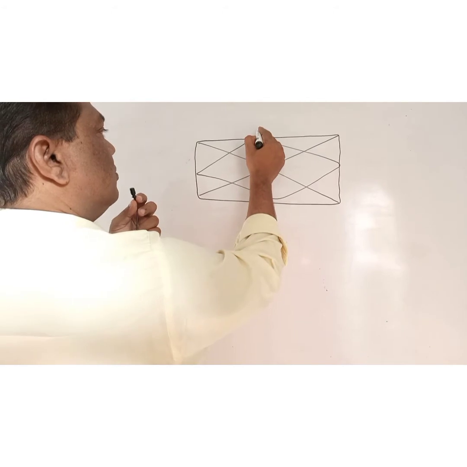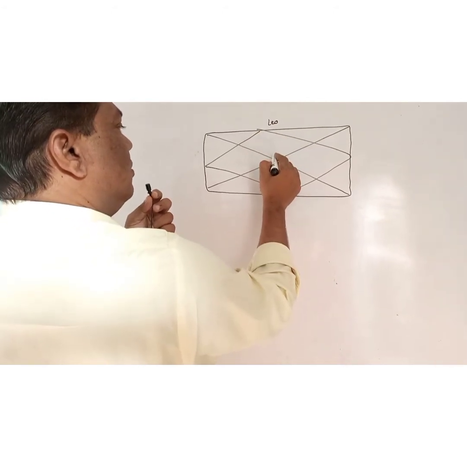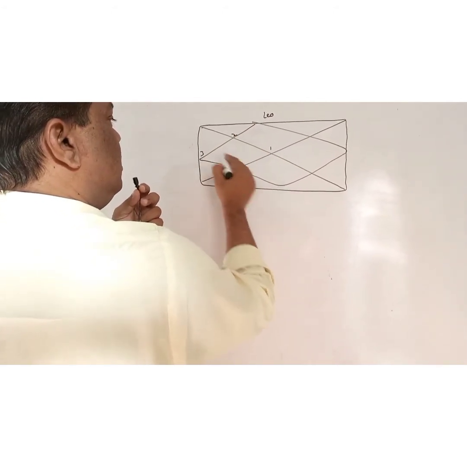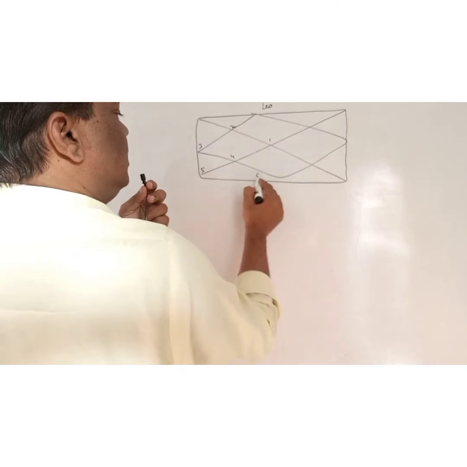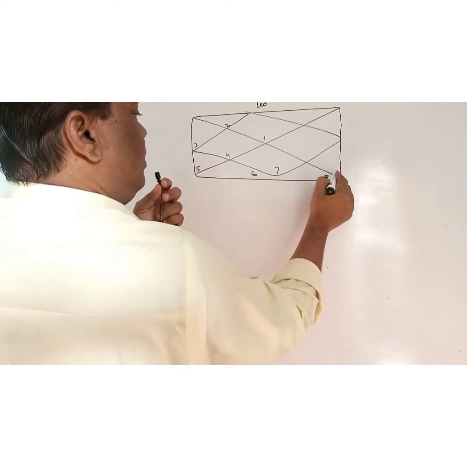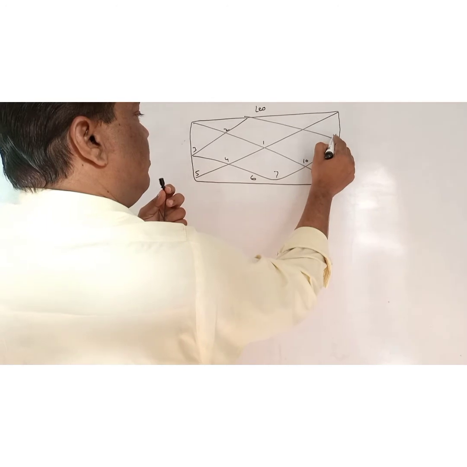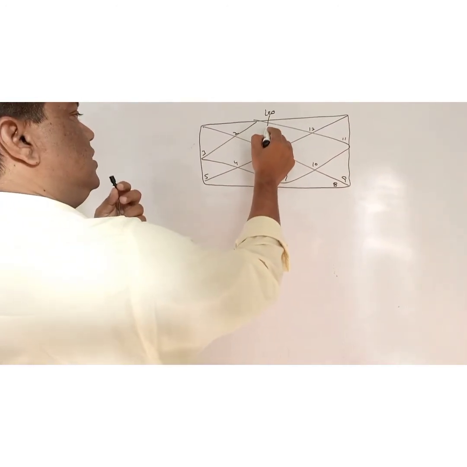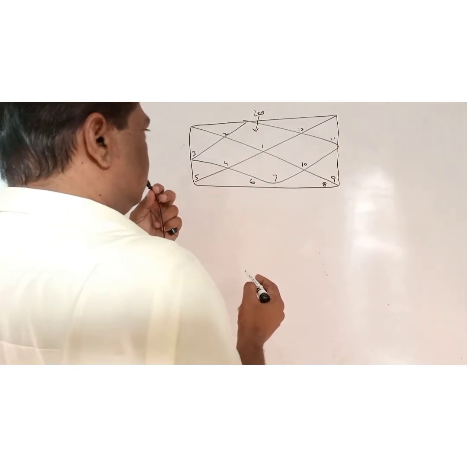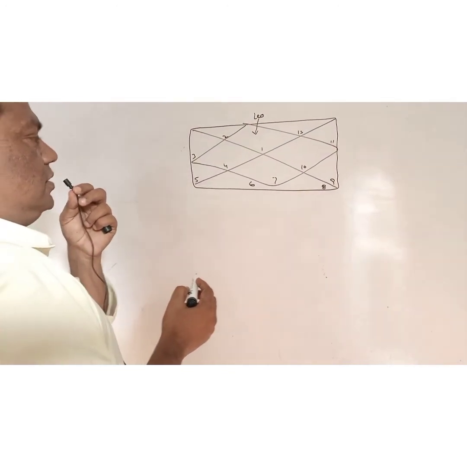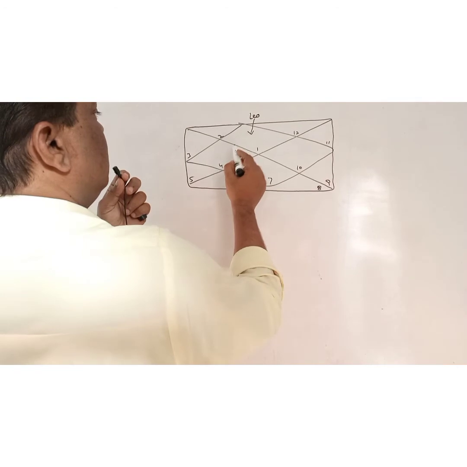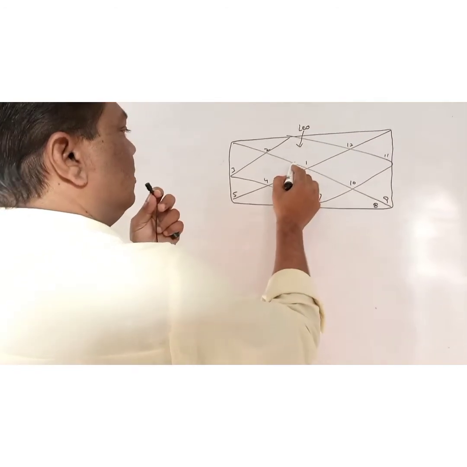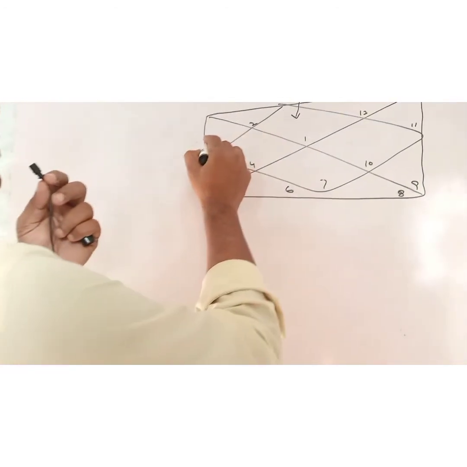This is Leo. 1, 2, 3, 4, 5, 6, 7, 8, 9, 10, 11, 12. Suppose Leo is first. If Leo is first, then this is present, this is past,